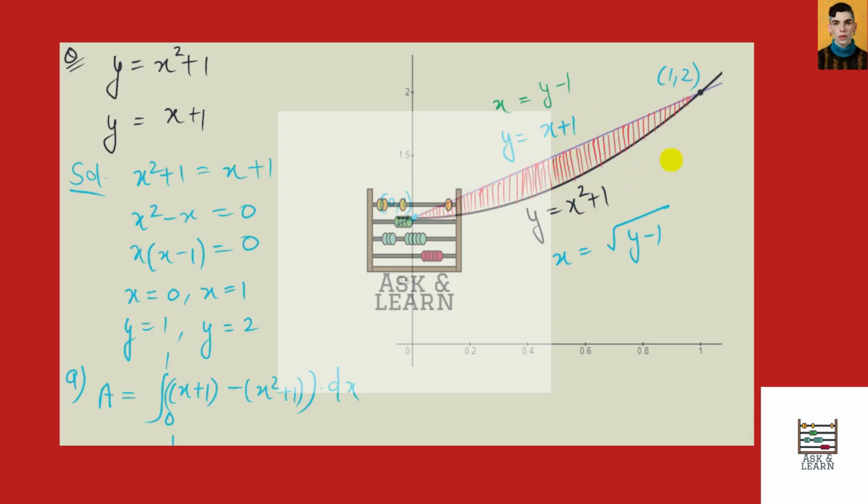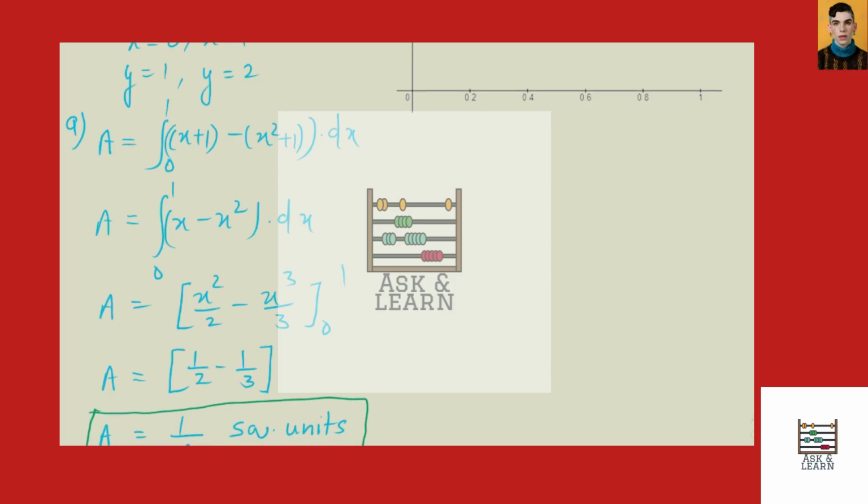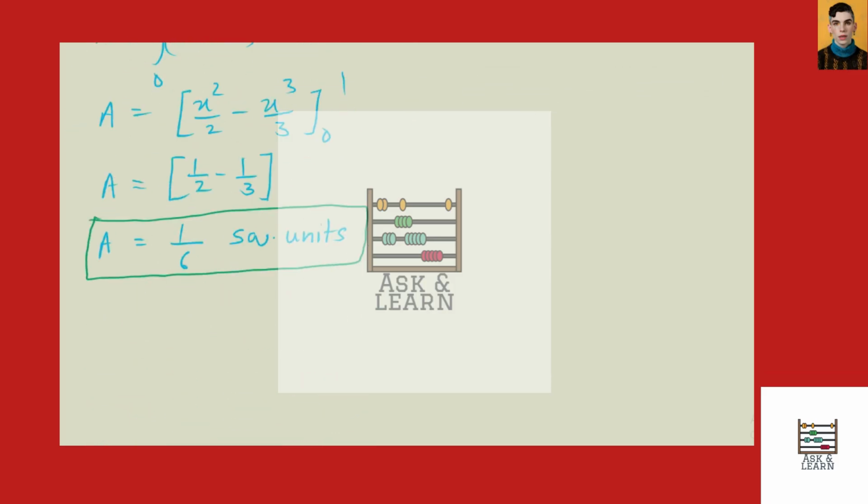Now we can see the upper curve is this, square root of y minus 1, and the lower curve will be this, x equals y minus 1. So now the limit will be from y equals 1 to 2. Here we can easily see this region is extending from y equals 1 to 2. Now we will calculate the area by the expression, which is